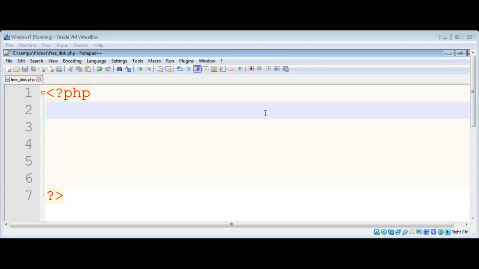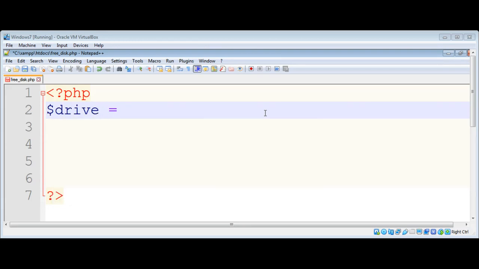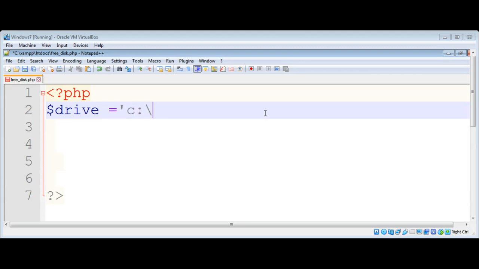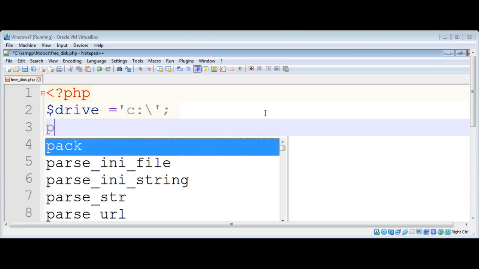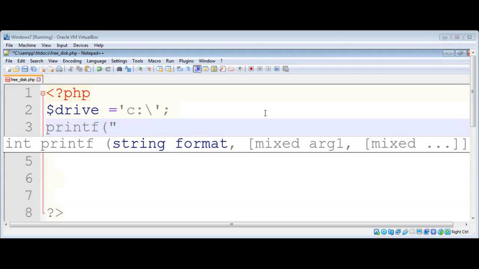So let's see an example. I have a variable drive, and I can set its value to the directory I want to check for free space, such as the C directory on Windows, and I can print free space in MB. We are going to print the space in megabytes on our drive